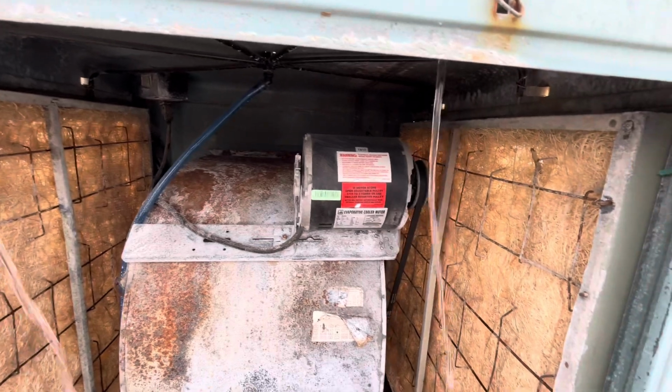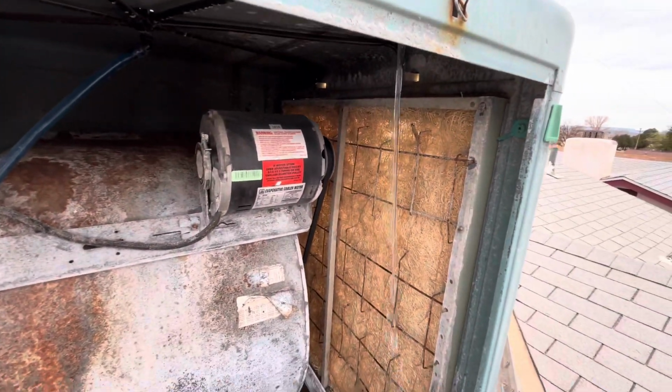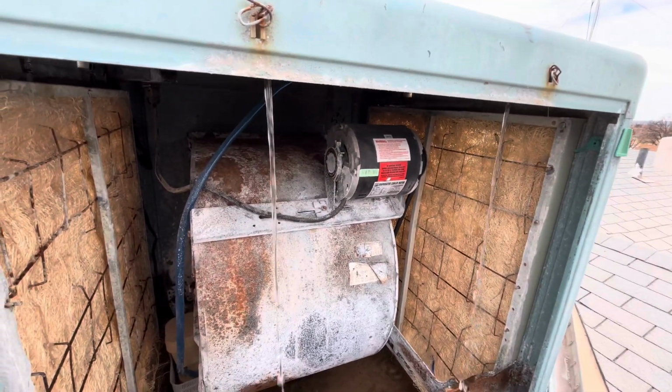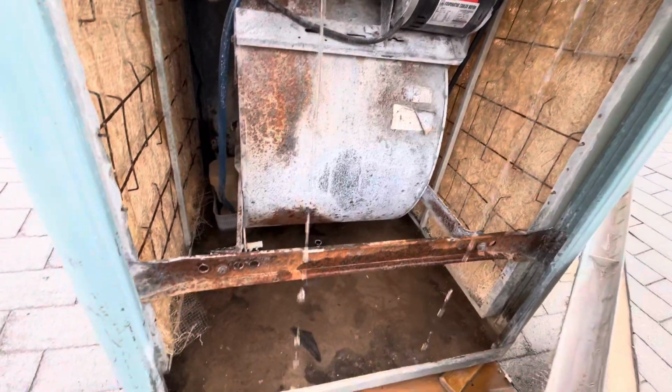Now this doesn't work in humid environments. This only works in very dry, arid environments. That's why we use it a lot here in the Southwest. Relative humidity is very low. All right,